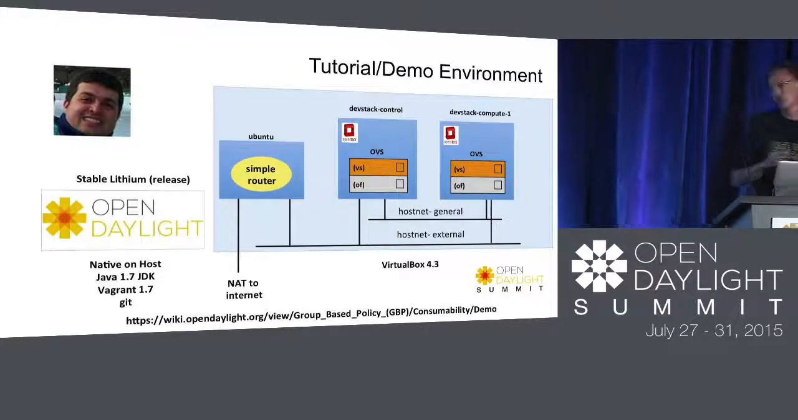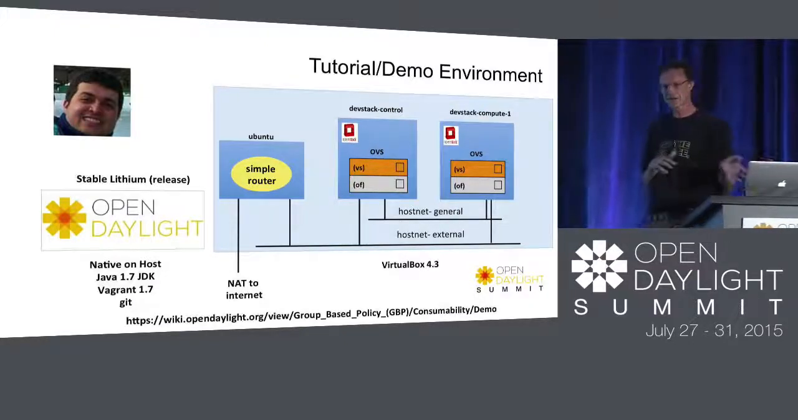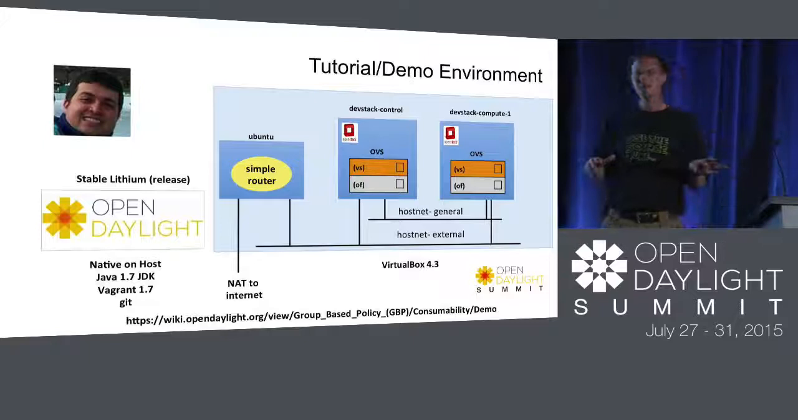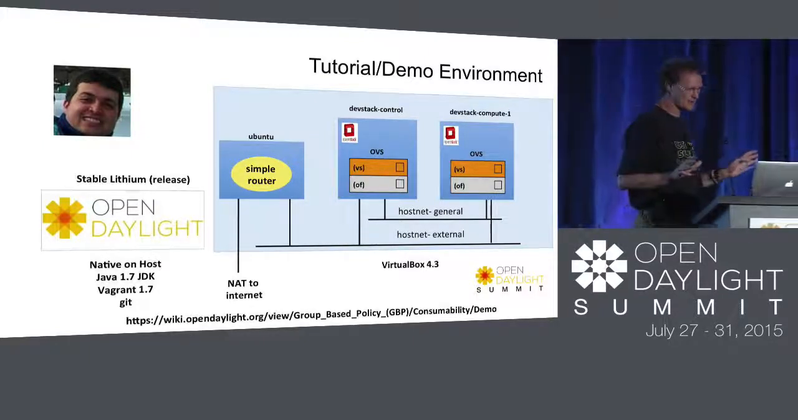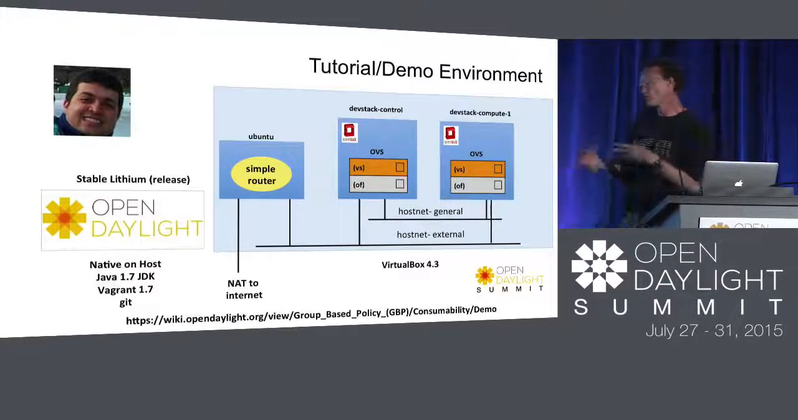And so as many of you who may have worked with DevStack before, it can sometimes be a little temperamental, maybe. So Flavio helped a heck of a lot to get that very stable. So in terms of the tutorial,